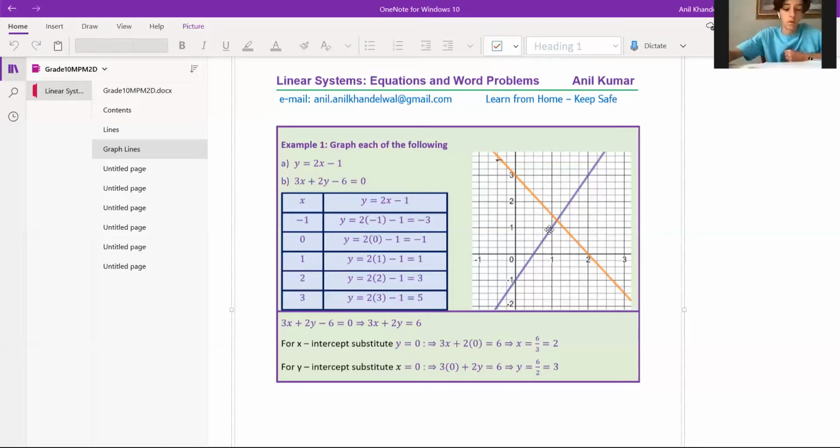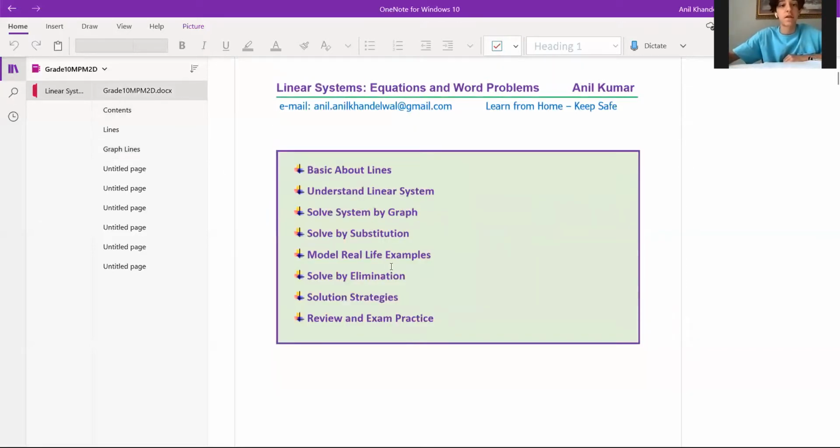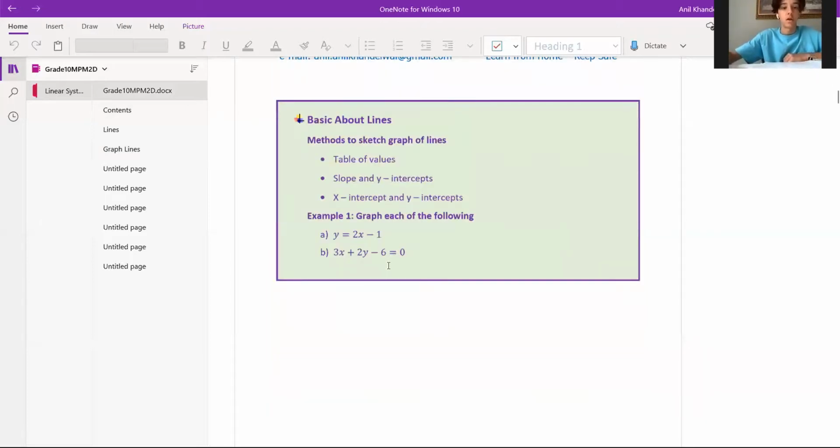So we went over just the simple basics of what we learned in grade 9. And then now we learned how to add two equations, or two lines in this case, and then solving for different solutions, if there is. So basically we learned that for the lines, you could actually graph a line using a table